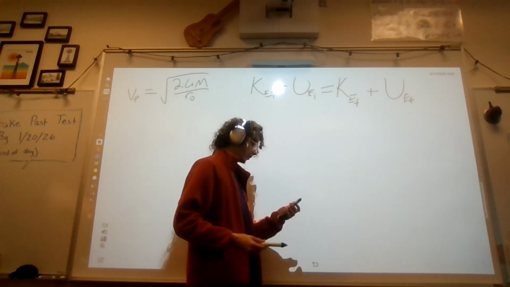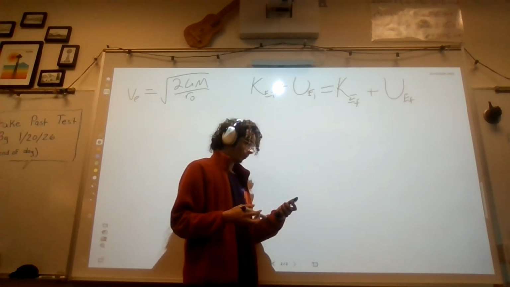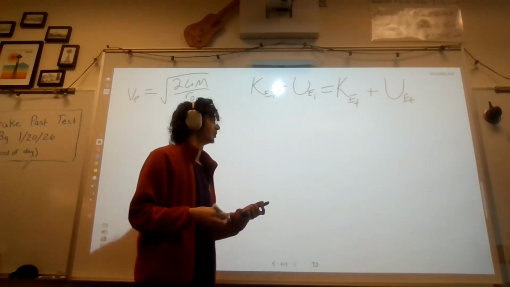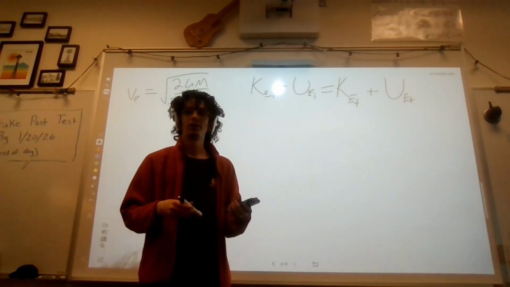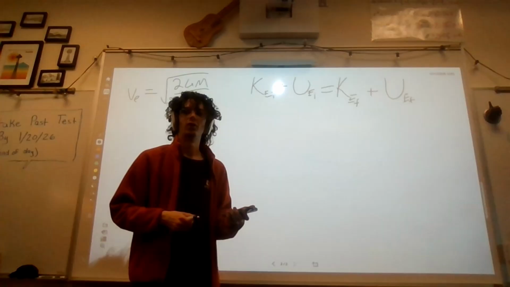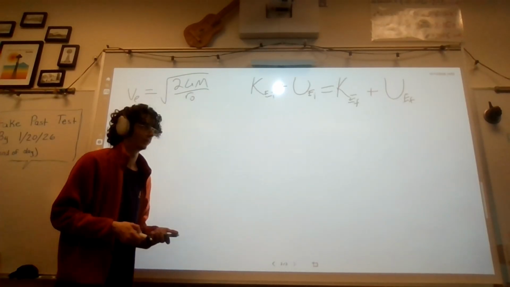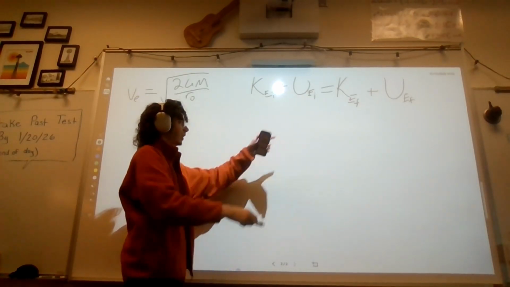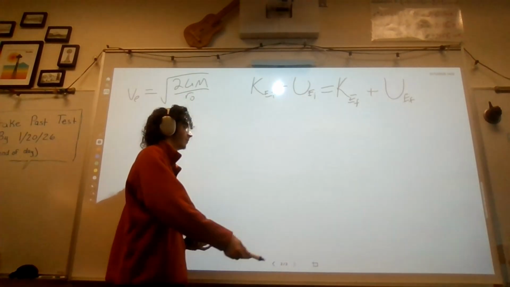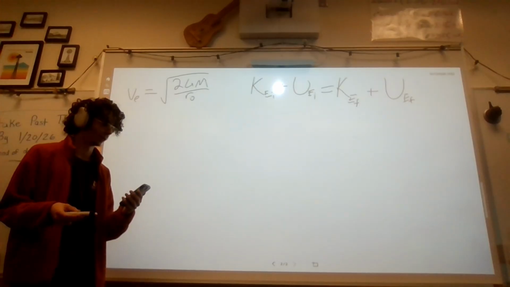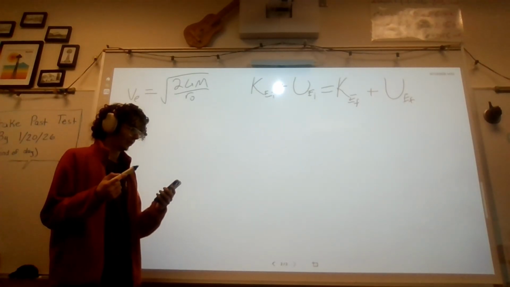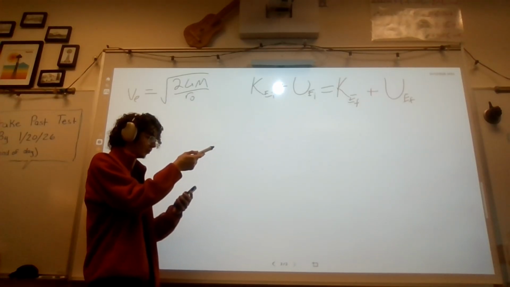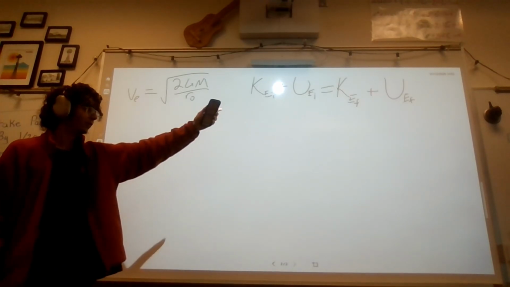So we set potential energy to be gravitational potential energy because we're assuming there's no other potential energy. We just replace the E with the G, and it'd be fine. But I don't want to do that because it's complicated. So when you set those equal, you find that the final kinetic energy is